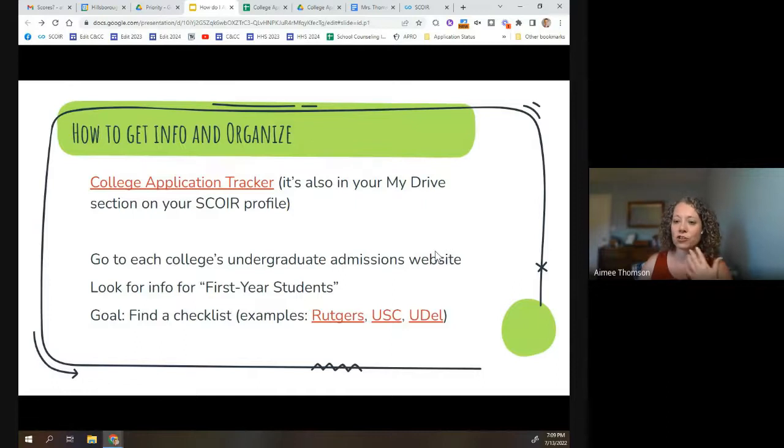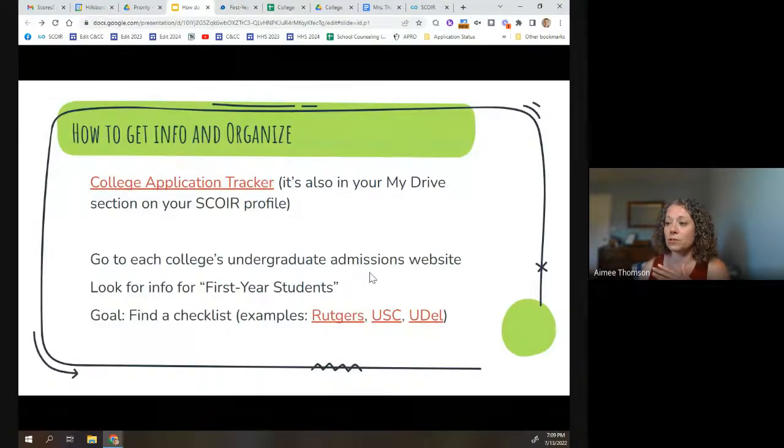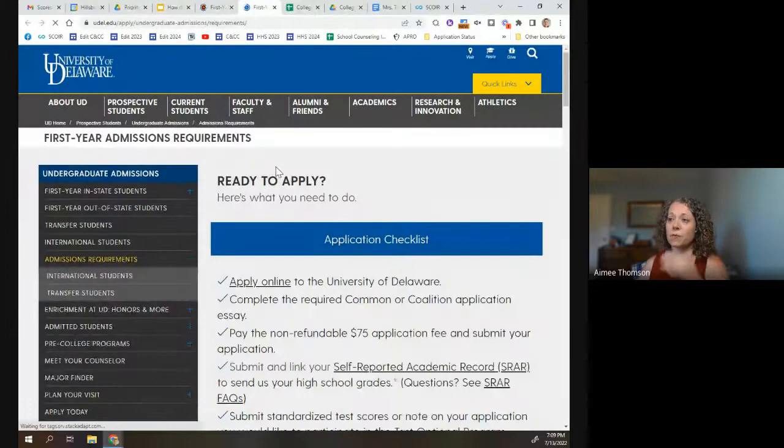You will find that as you're going, things can get out of control a little bit quickly. While there are some things that are common about the application process, there's lots of little minutia that differs from school to school. So the first thing you want to do, and this is a great time of year to start to do it, is to take that list of schools that are on your definite list, go to their websites, look for information for first-year students, and your goal is to find a checklist. So, for instance, I'm going to pull up two just so I can show you some of the things that differ and what you're looking for.